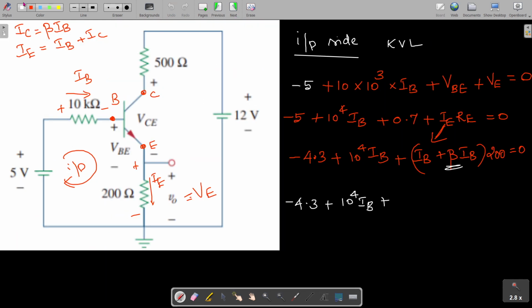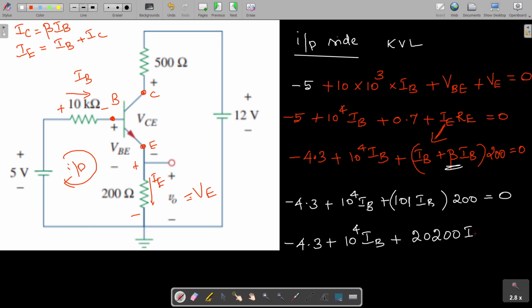So we can substitute this value as 100. So 100 IB plus IB, it is 101 IB multiplied by this 200, that is equal to 0. So it is minus 4.3 plus 10 power 4 IB plus 200 into 101. So it is plus